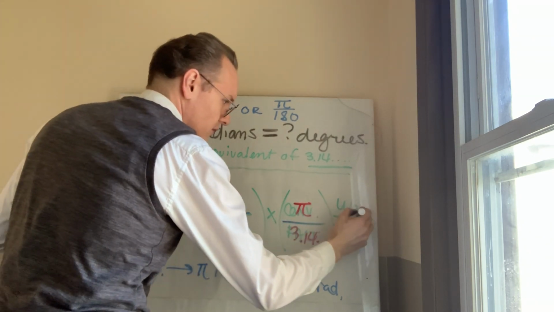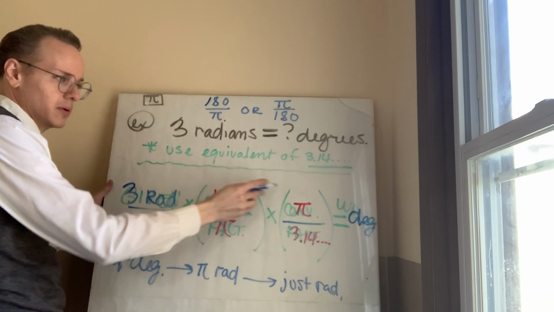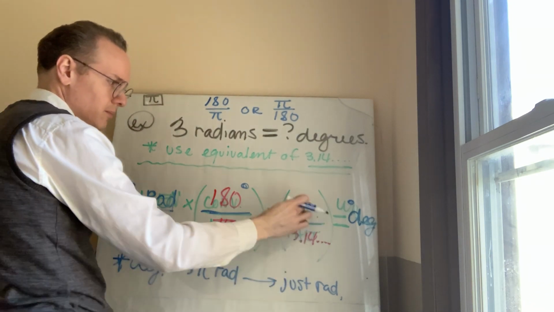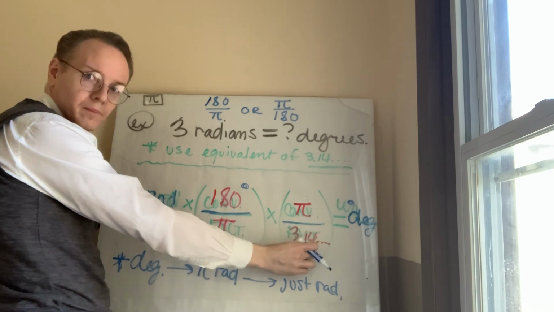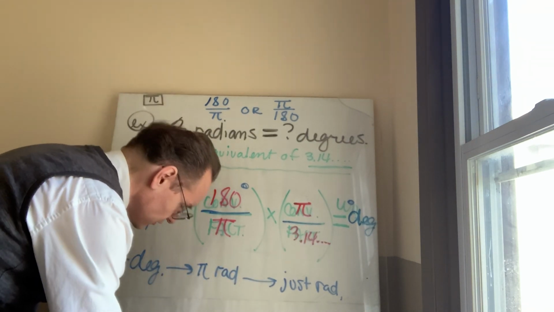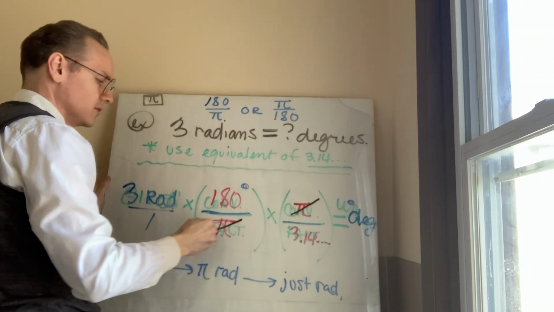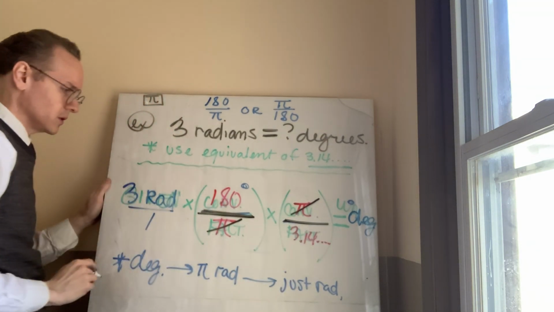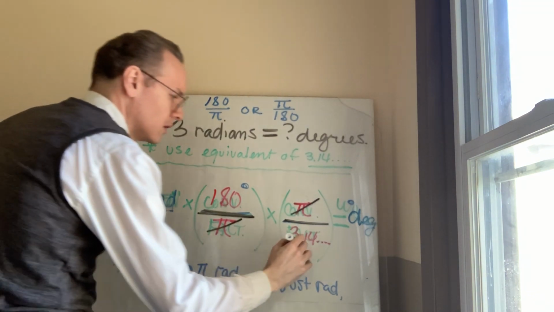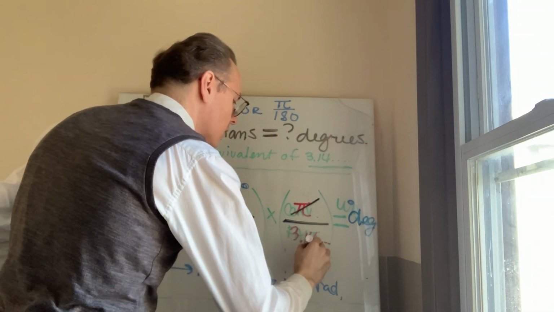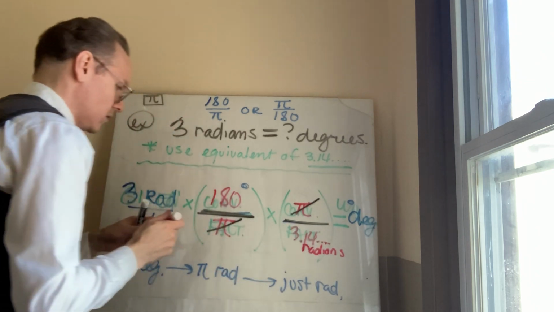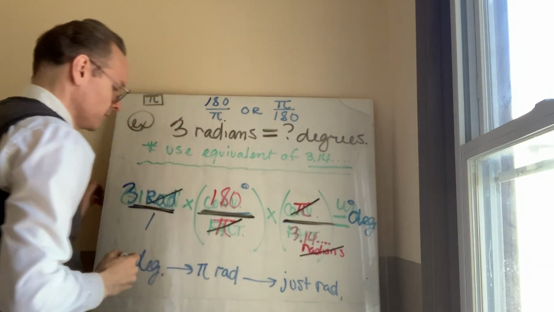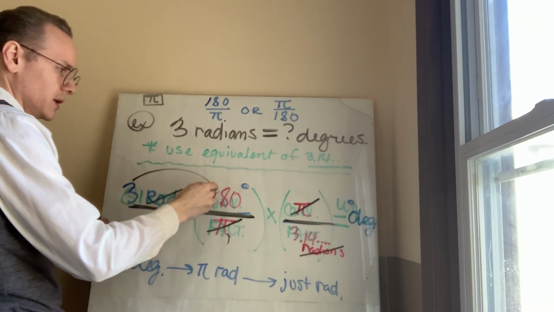I want to end with degrees over here, so I'm going to have degrees on top, no matter what. If I want to convert from pi radians to just regular radians, the pi symbol has to be translated into 3.14. Right? Essentially what's going to happen is this. This pi symbol is going to cancel this pi symbol because one of it is above the line, one example of it is below the line. Radians, I should have included this here, would be canceled on the outer edge here because it's above the line here and below the line here. Anyhow, what you're left with is 3 times 180,